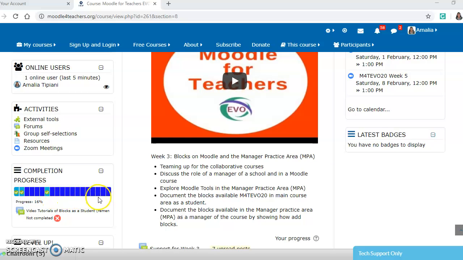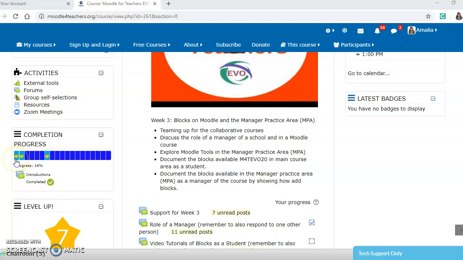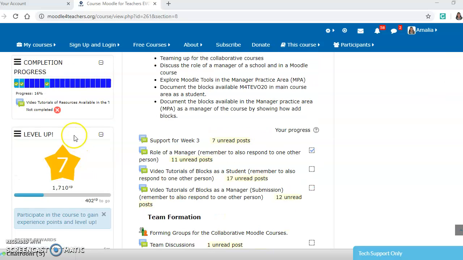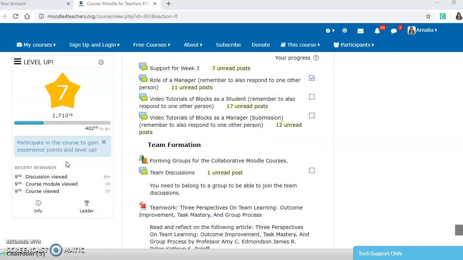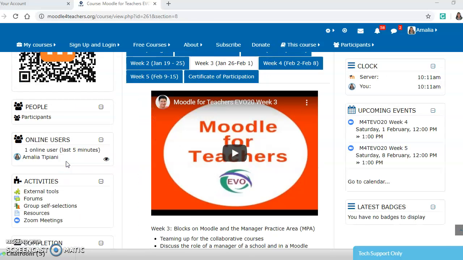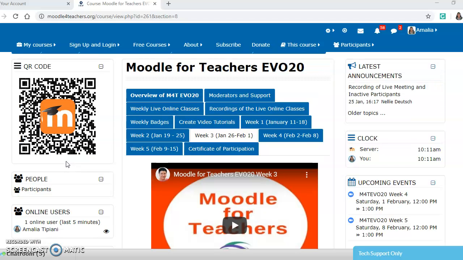Here we can see what we have achieved during the course. If it has a tick, it means the activity is complete, and if we have these ones that are in blue, it means that we haven't completed that activities yet. Here is the level up, okay, about the course, and these are all the blogs we can use in Moodle for